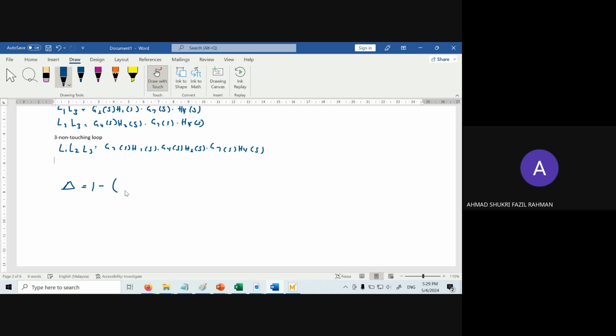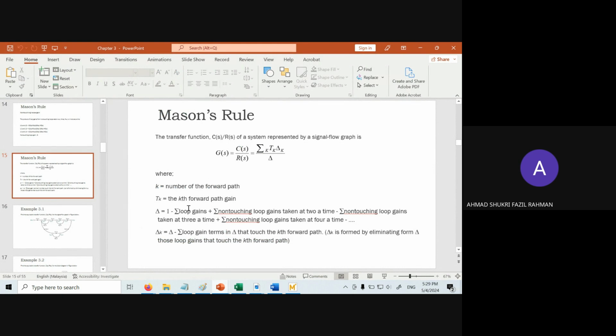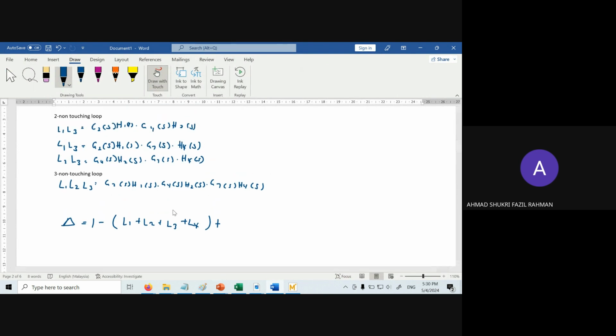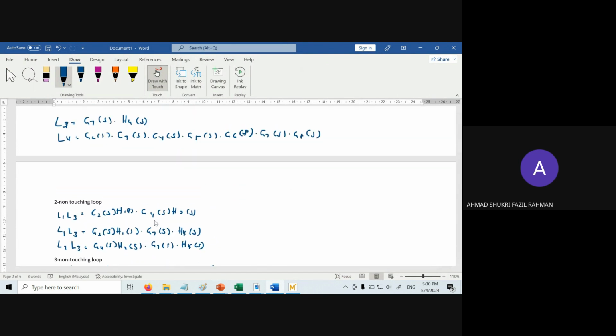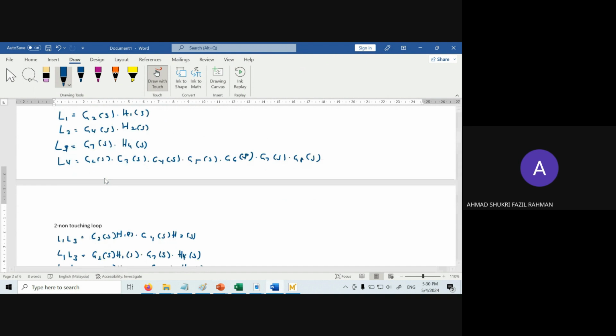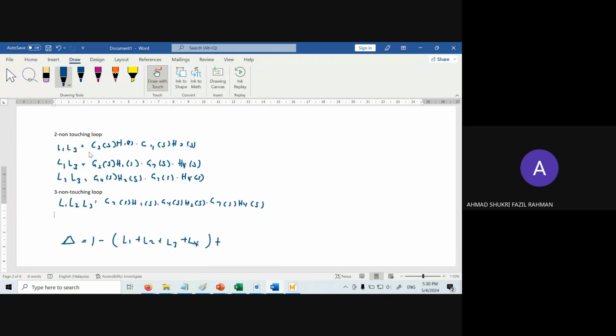So this means that L1 plus L2 plus L3 plus L4. Okay, the first one minus, and then the second one should be plus, and then this is the single loop, and then we move by plus total sum of 2 non-touching loop, L1 L3 plus